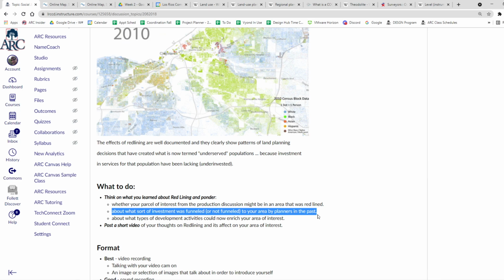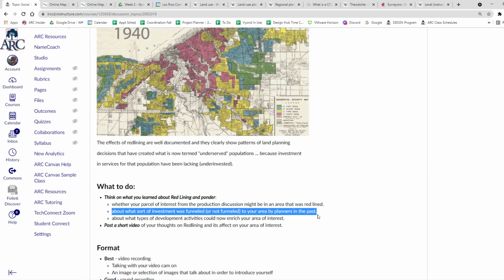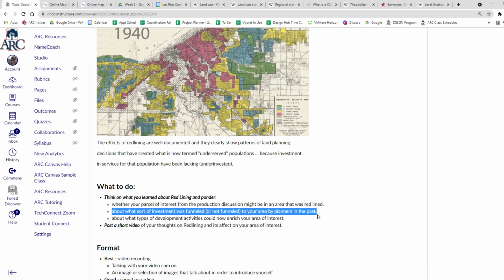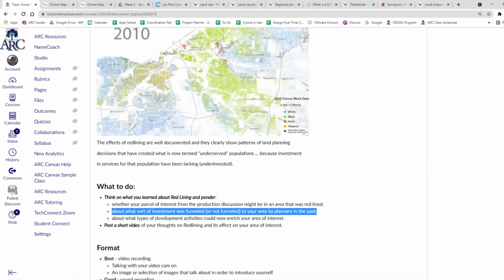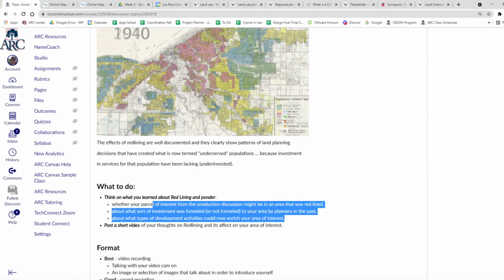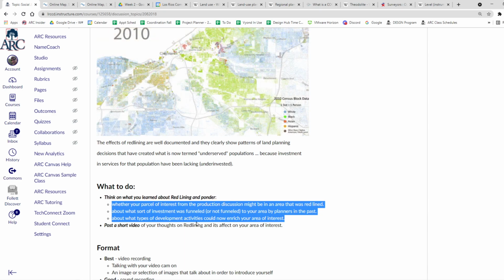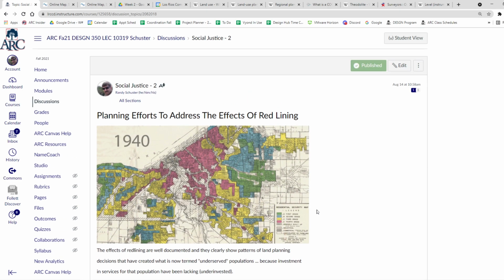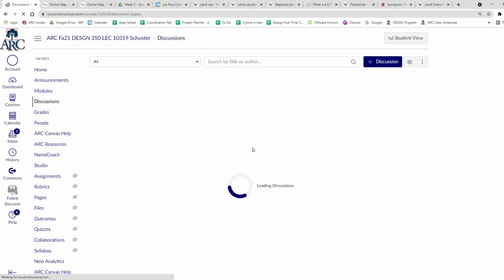And it's because investment was funneled to certain areas: transportation, schools, libraries, museums, all that kind of stuff. Shopping centers, things like that were put in one area and they weren't in others. And so you can just look at your area and just say whether you think that was a redlined area or not. And then we'll be able to go back and find out. Doesn't matter if you're right or wrong. And then the last one